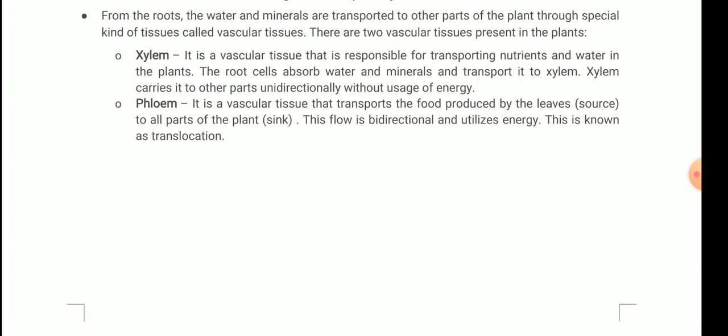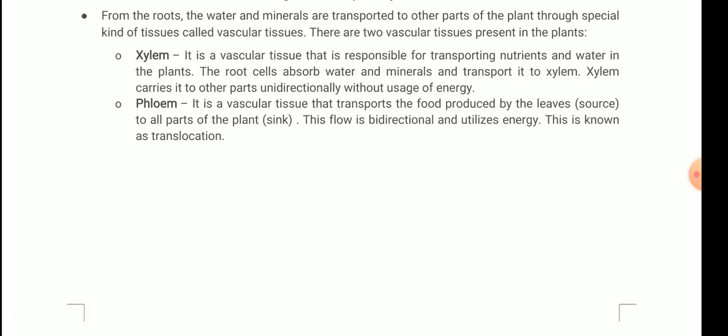Clear? So, very important: vascular tissues are the special tissues which help in the transportation of water, minerals and food inside the plants. Two types of vascular tissues, xylem and phloem. The xylem helps in transporting nutrients and water. The root cells absorb water and minerals, transport them to the xylem, and it carries them to other parts unidirectionally